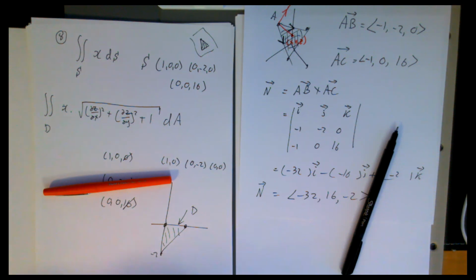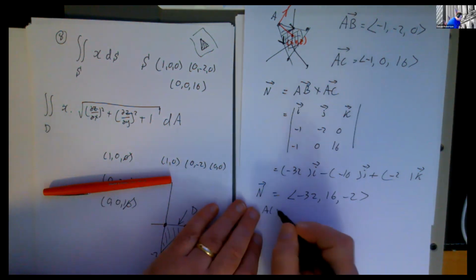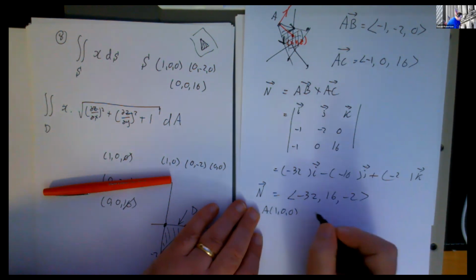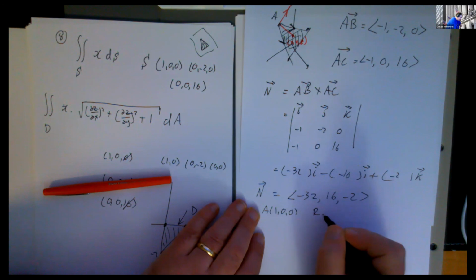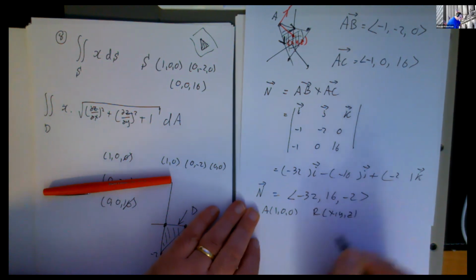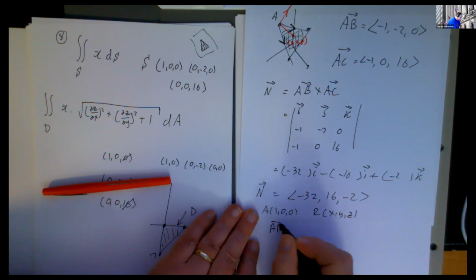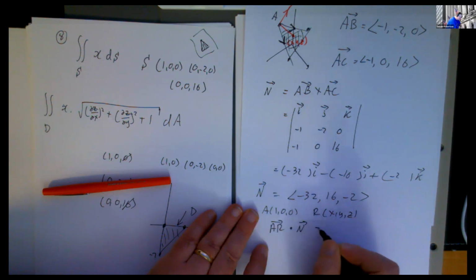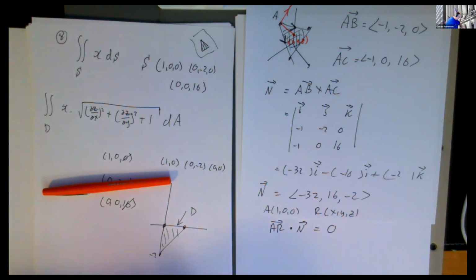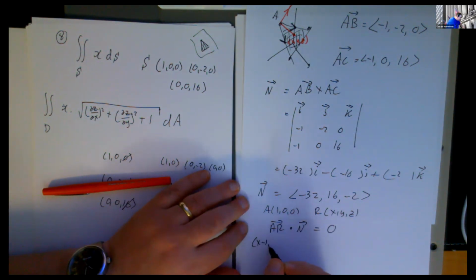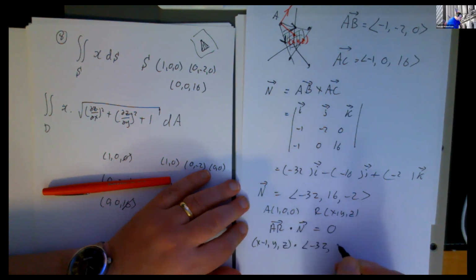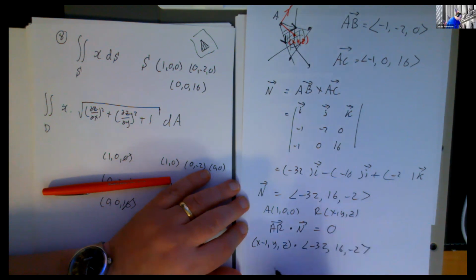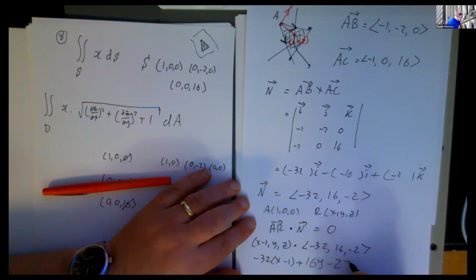Okay. Right. So I'm going to use the point A with coordinates 1, 0, 0. I'm going to use another point, R I'll call it, called XYZ. Then won't the vector AR dot product with N be 0? And that gets me X take away 1, Y, Z, dot product with -32, 16, -2. That gets me -32 times (X minus 1) plus 16Y take away 2Z equals 0,